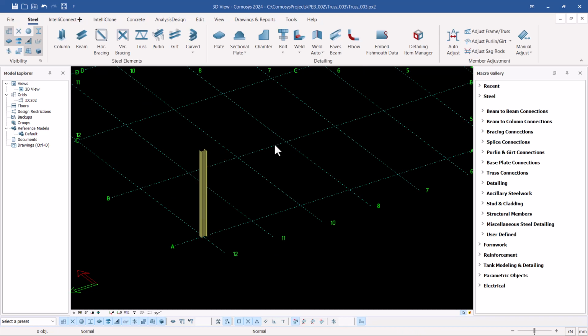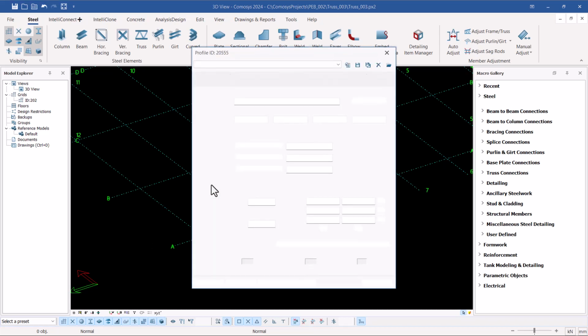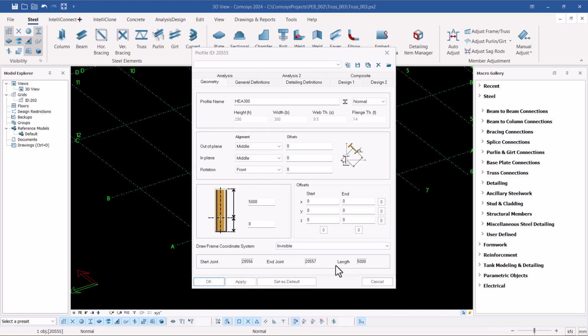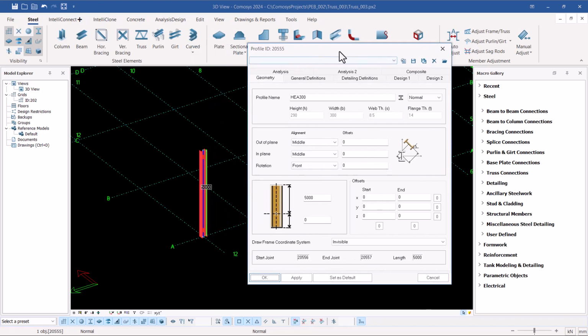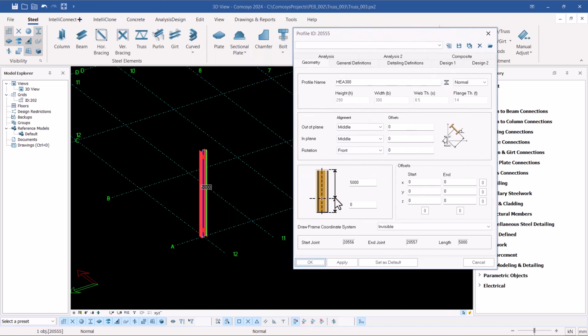Now, by default, COMOSYS has a default height of a column. So this one is 5 meters. I'll be able to customize this to my preferred height of a column. So what I'm going to do is double click on the same column. Then this will take me to an editor dialog box that looks like this. From here, I'll be able to edit the height of the column and the profile of the column. So I'll come here to height and feed in